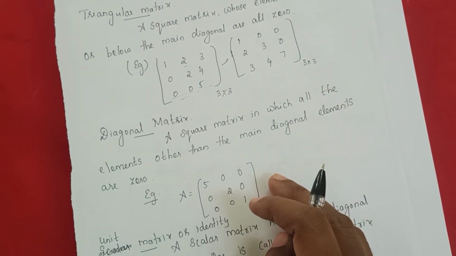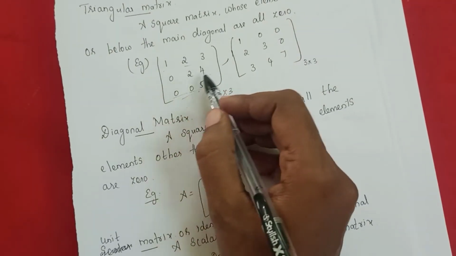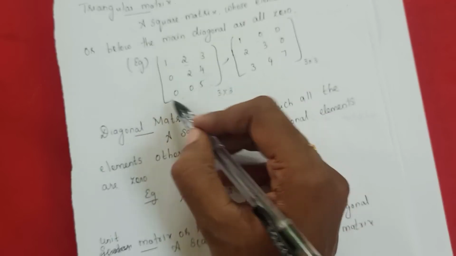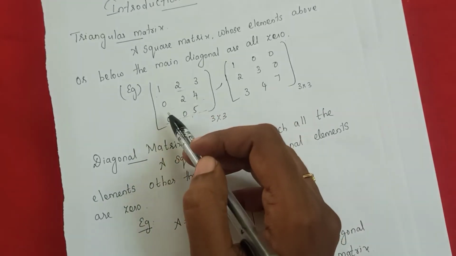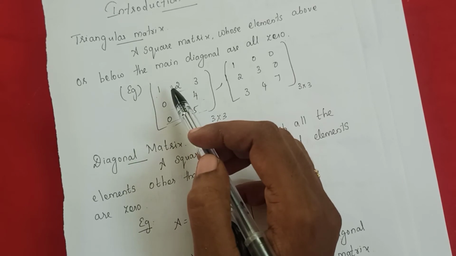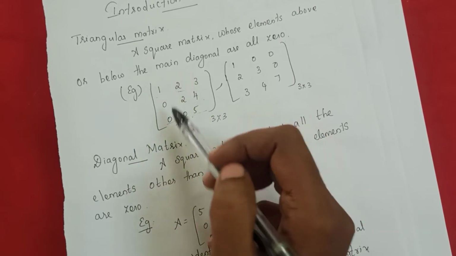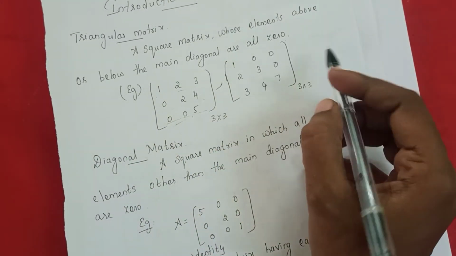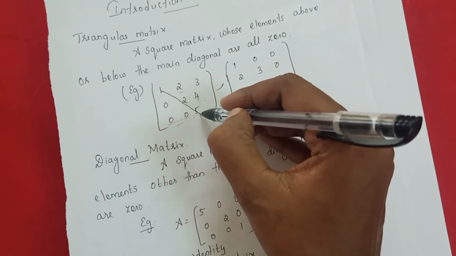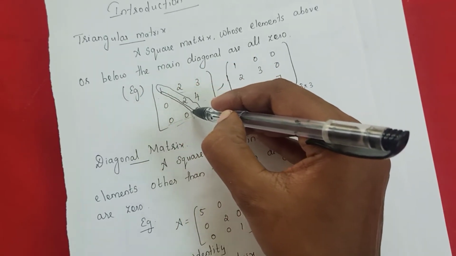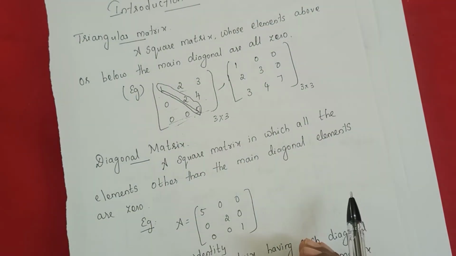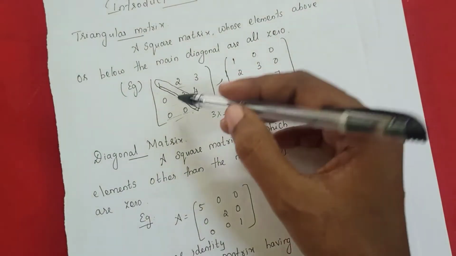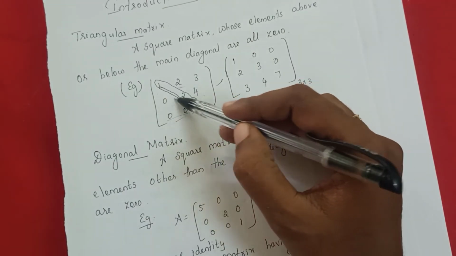So square matrix means number of rows must be equal to the number of columns. So here 3 rows and 3 columns. So whether it's a square matrix? Yes. If it is a square matrix, then only we can say about the triangular matrix. So first you need to check whether it's a square matrix. Yes, it's a square matrix. Now, whose elements above or below the main diagonal. So you know what you mean by diagonal. This is a diagonal, is it right? So this is a diagonal element. Above or below the diagonal element, all the elements will be 0. Now this is a diagonal element. Below, all the elements are 0.